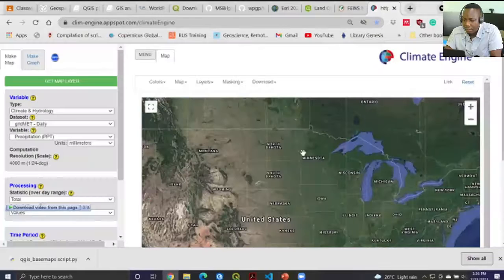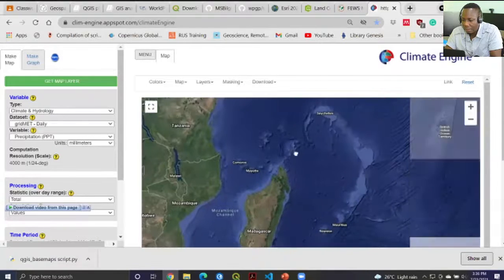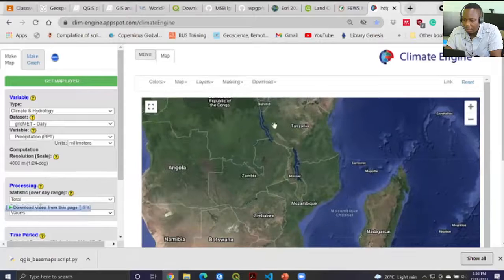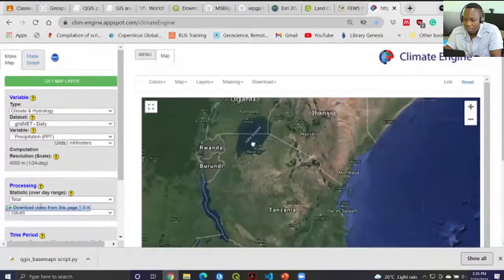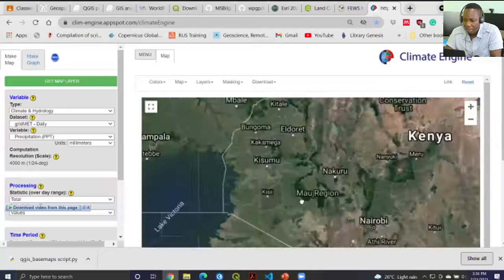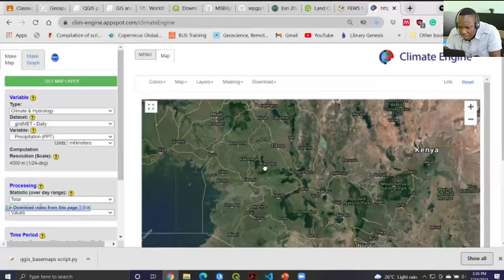Maybe this would have been faster. So I'm just going to go through it again. I'm going to zoom to Naivasha, which is around